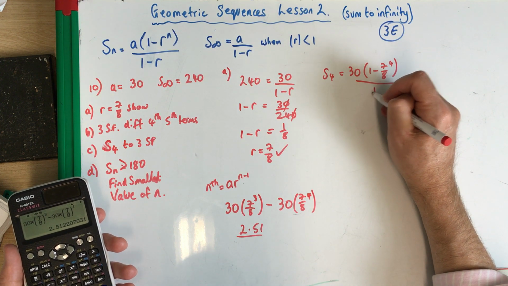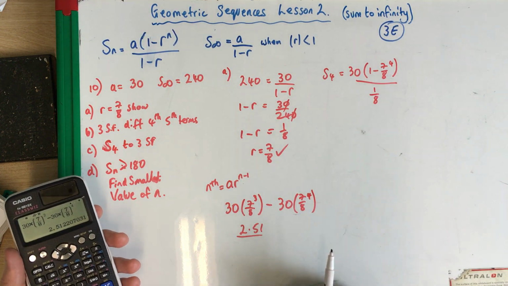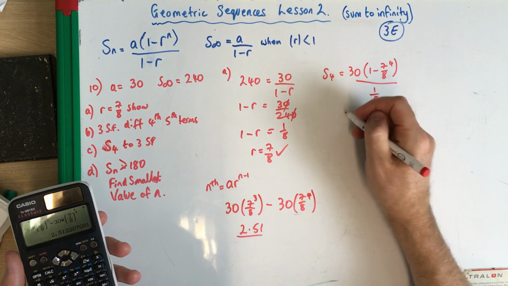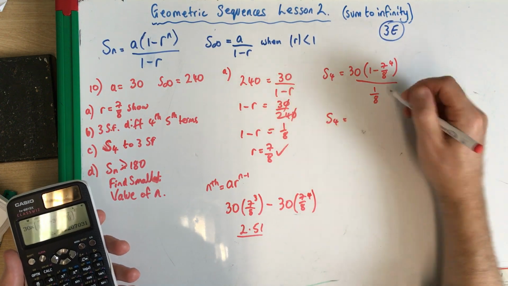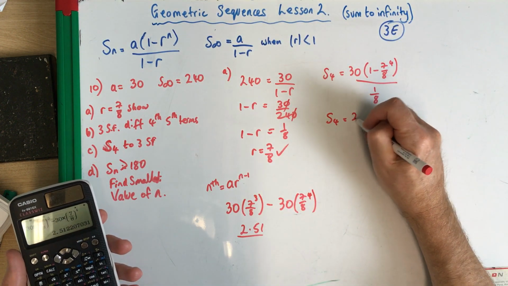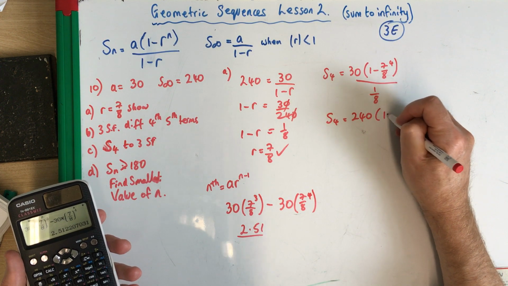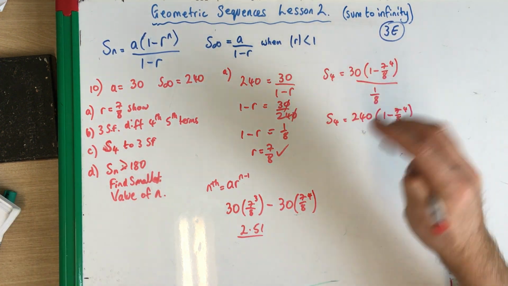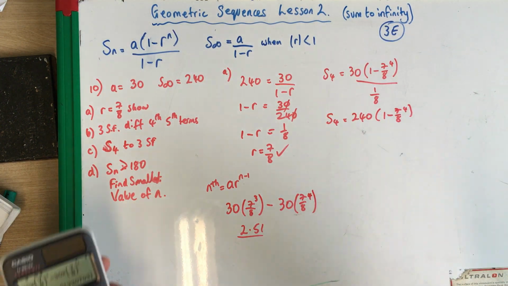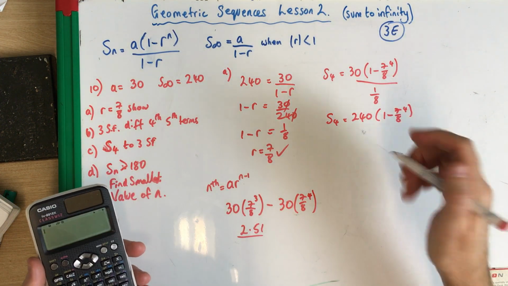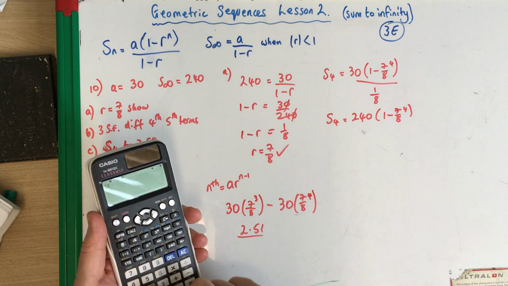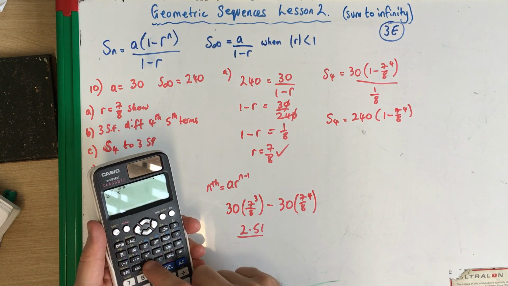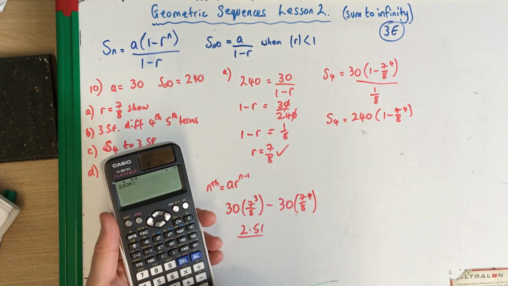1 minus 7/8 is 1/8, isn't it? So I'm going to go straight for that. Invert and multiply there, so the sum of 4 terms is 30 times 4 is 240, nice little trick, 1 minus 7/8 to the power of 4. Okay, so if I work that out, I've got 240 times, in brackets,